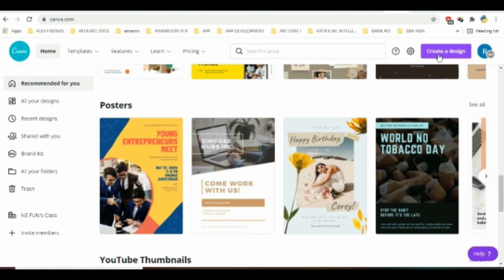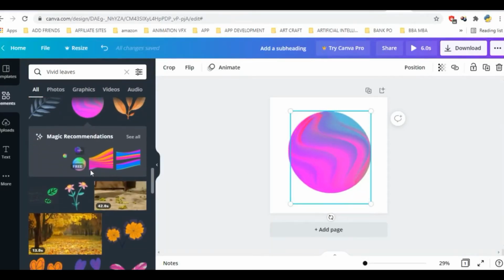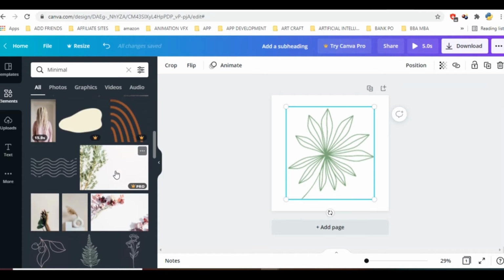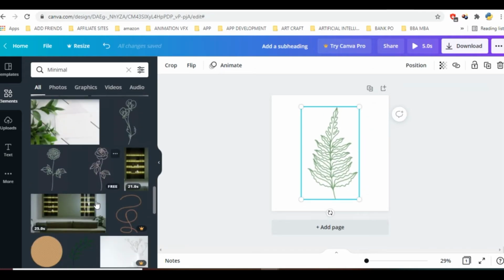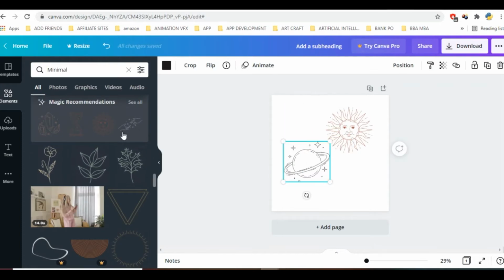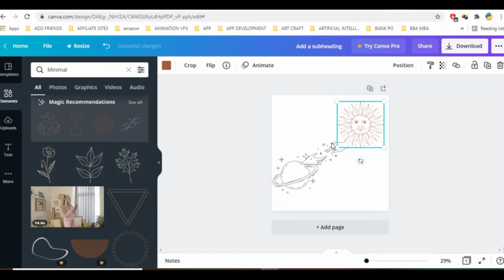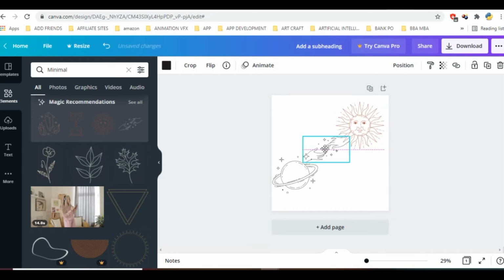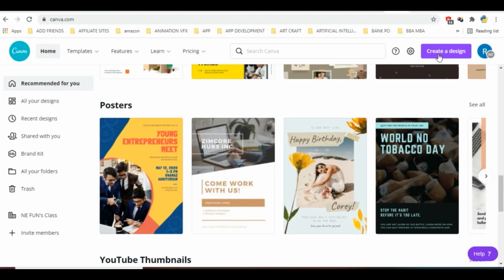From basic image editing to banners and GIFs, you can do a lot with Canva. But inside Canva, there are many hidden keywords and elements. In this video, I am going to tell you some hidden elements which you can search and through which you can make amazing designs. You can do photo editing, you can make cards, posters, banners, flyers, infographics, postcards, etc. So without wasting time, let us start this video.